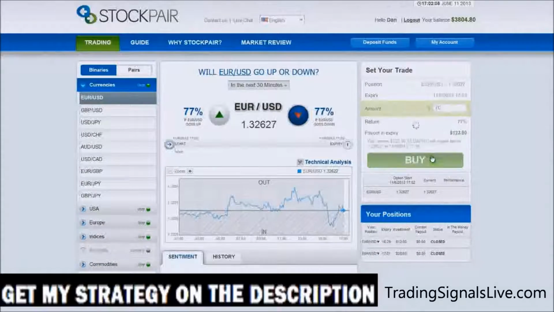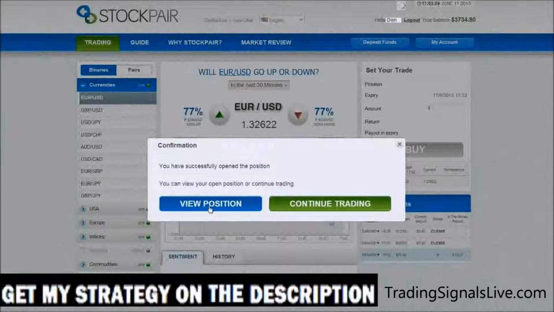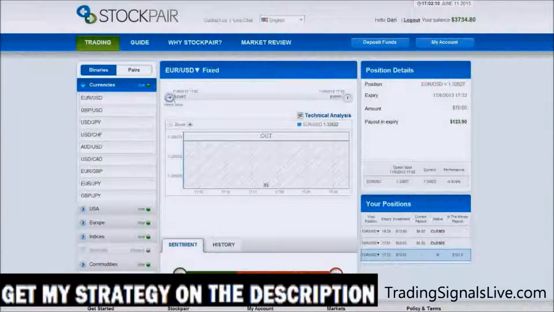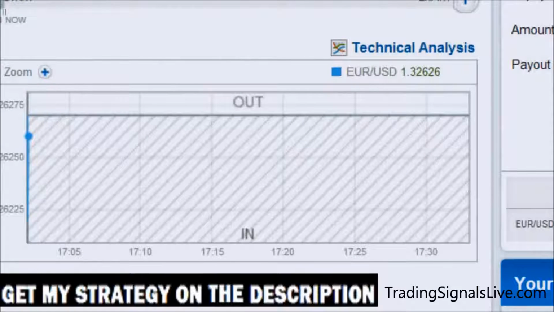We'll click buy. We'll hit view position, and we're on. And we'll quickly take a glance at the trade information. Now, one other thing I want to talk about is patience, and sometimes there has to be a lot of